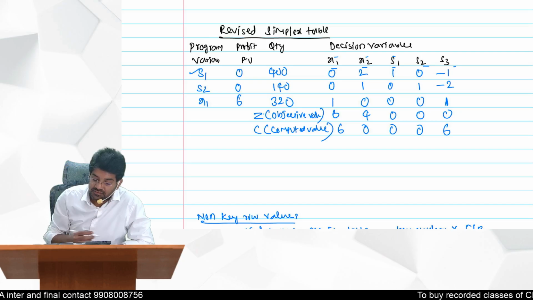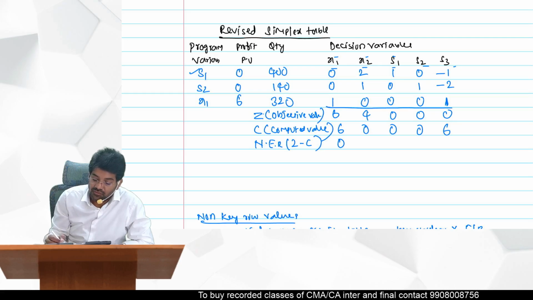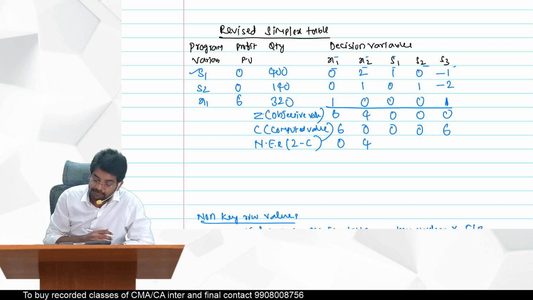Now NER, Z minus C: 6 minus 6, 0, 4 minus 0, 4. Next, 0,